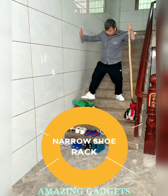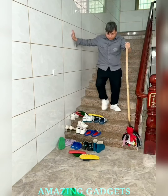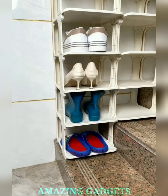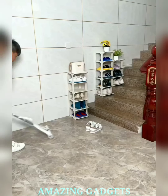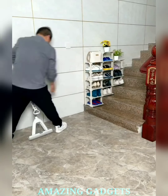Say goodbye to shoe clutter. Our vertical narrow shoe rack is designed to make the most of your space, fitting seamlessly into tight corners and narrow areas for efficient shoe storage. This sleek shoe rack brings order to your foyer, creating a welcoming space that's both tidy and trend-setting. Our vertical design adds a touch of modern elegance to your shoe storage, turning it into a stylish display that